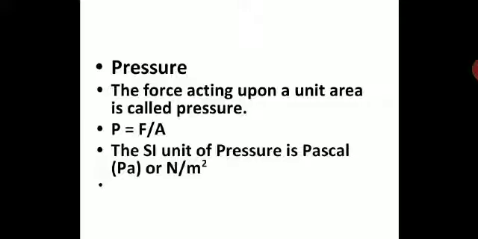I hope you all have done the assignment given to you for the sum solving based on force and pressure. So the formula which we have used in the numerical was P is equal to F upon A, where P is pressure, F is force and A is the unit area. So this you have already learned and you have done numericals based on this. And the SI unit, as you know, of pressure is Pascal or Newton per meter square. This you all have already done in your previous session.